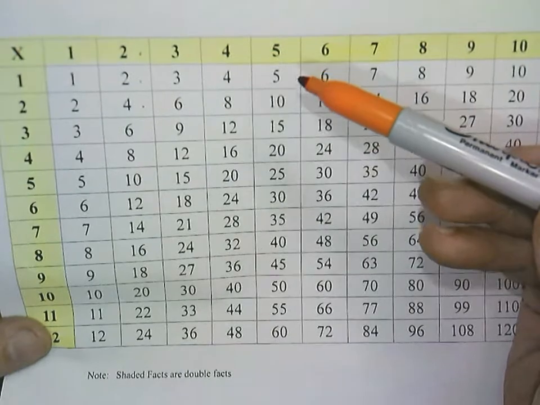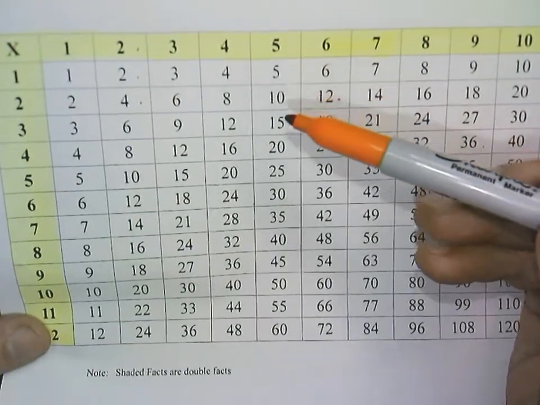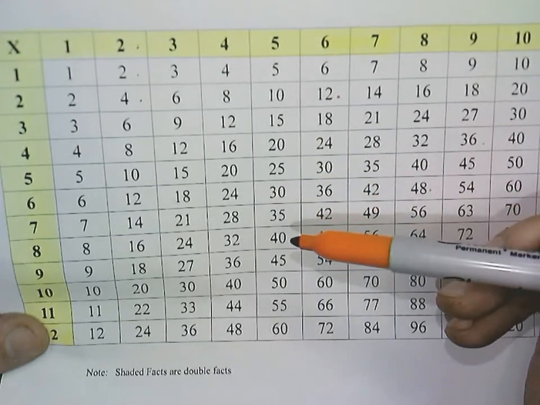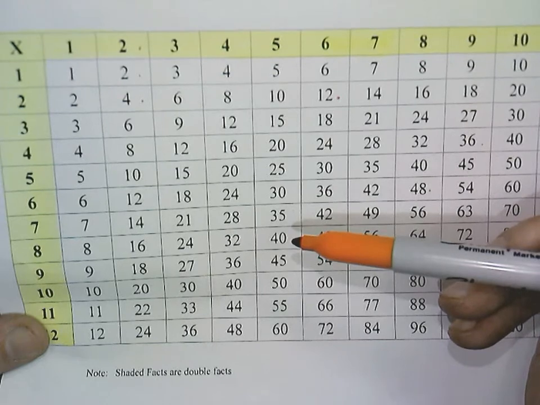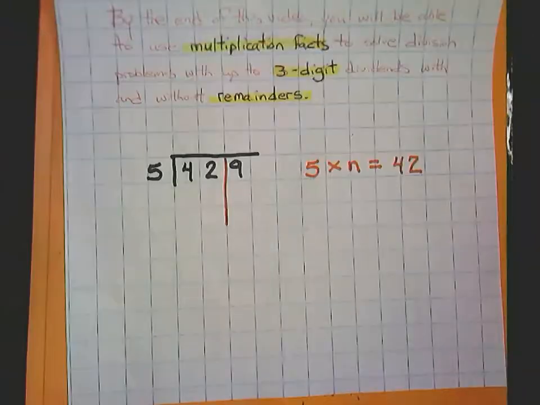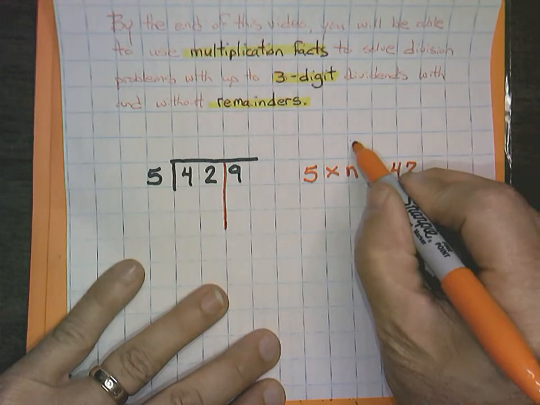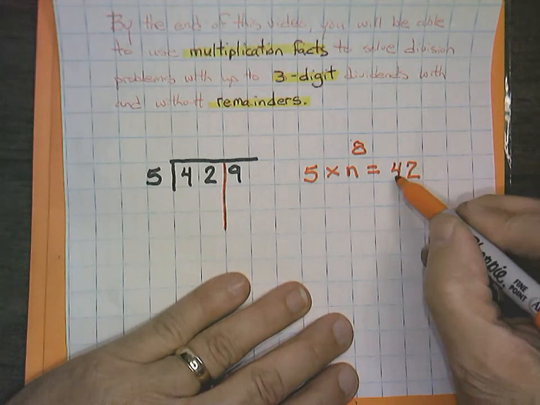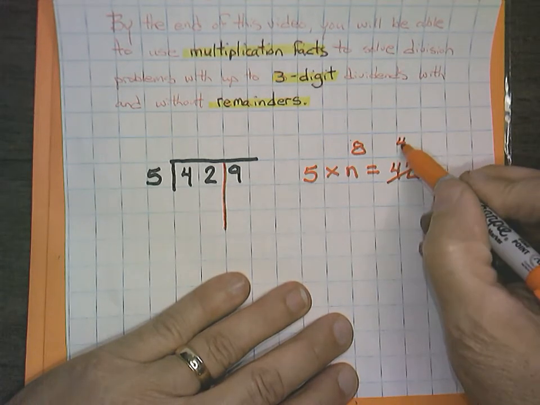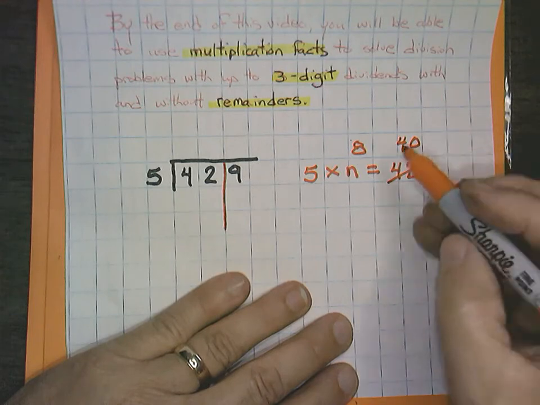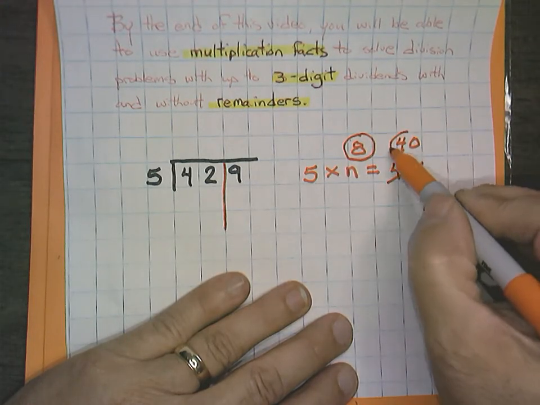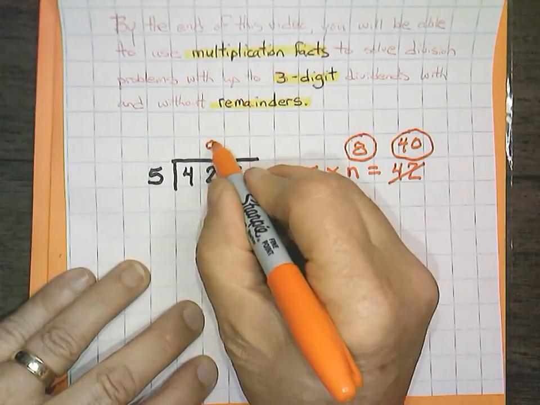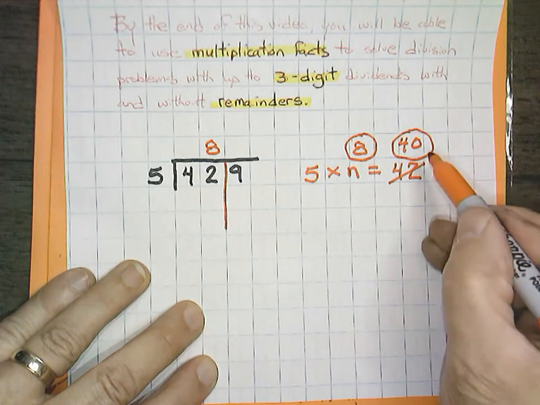So the rule there is that if you don't see 42, in this case 42, you can get as close as you can without going over. That would be 40. So that's going to be 5 times 8. So we're solving for n, that would be 8, but it doesn't equal 42. The closest we could get was 40. Now, both of these numbers I'm going to ask you to circle because we want to use both numbers. The 8 I'm going to go right there, and the 40,